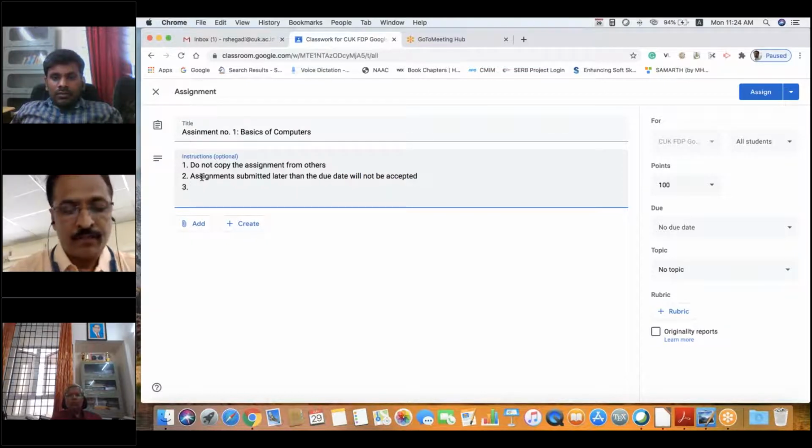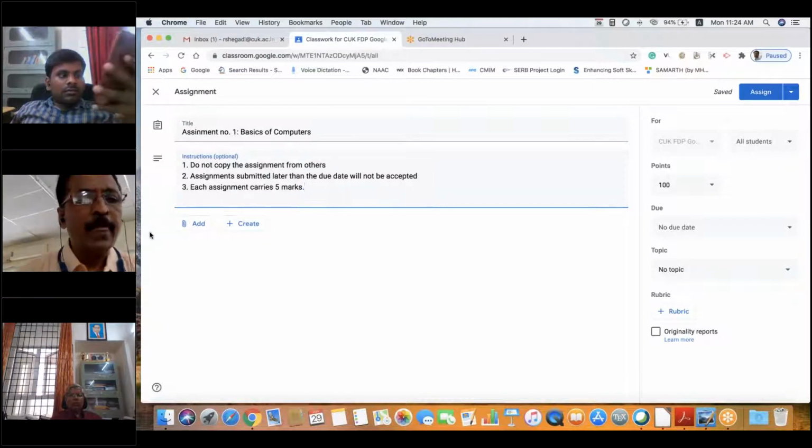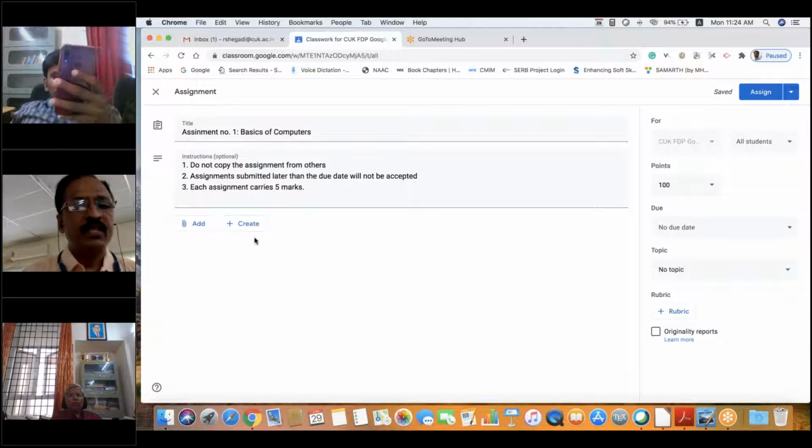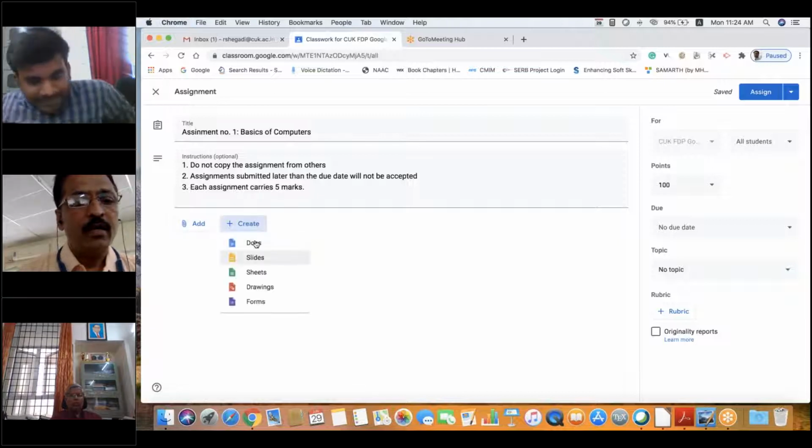Then the third instruction, each assignment carries 5 marks. Okay, some instruction, whatever instruction you would like to give. So these instructions are static kind of information. So I have given instructions, then I will add the content to this assignment.